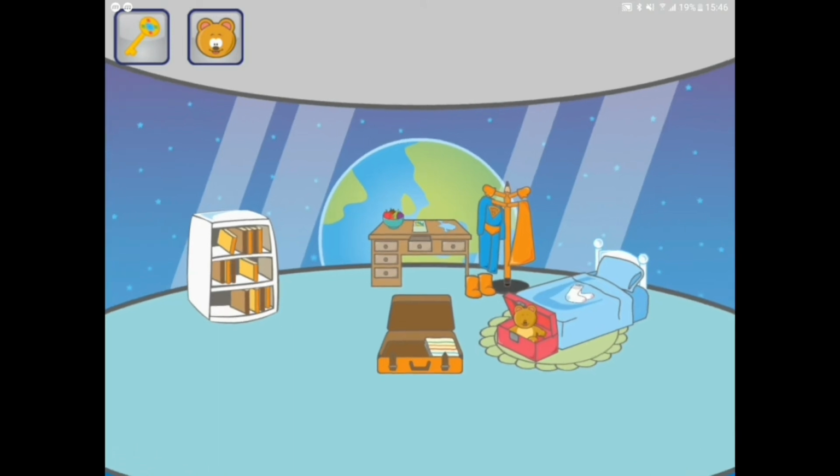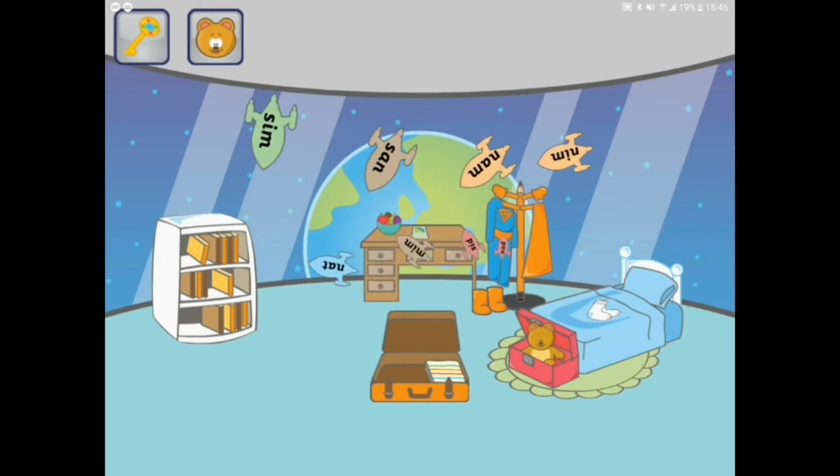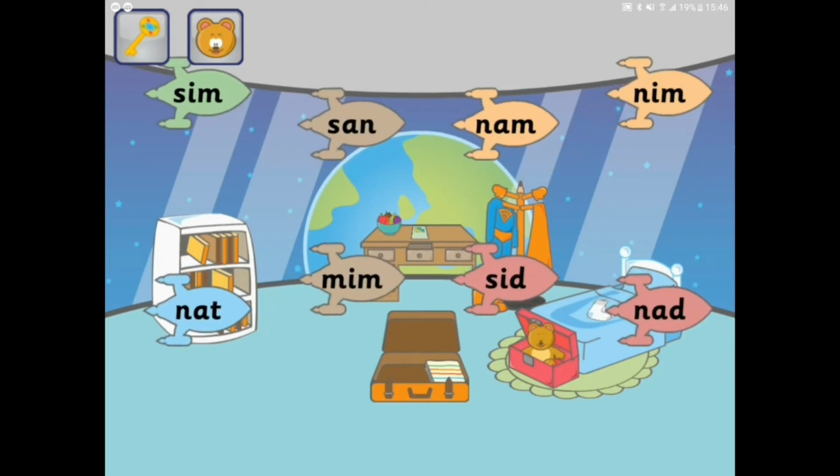To collect all his bits and pieces, he needs you to choose the correct Martian or made-up word. Which rocket tickets should Zach choose? Blend the sounds together to read the words. Click NIM. So as you can see and hear, all the words that are here are pretty much nonsense words,